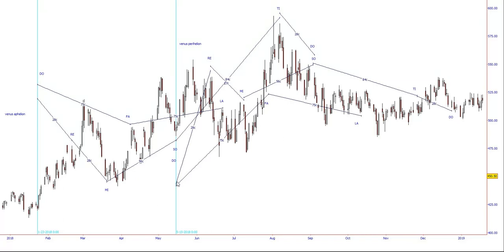But looking at the first one, the Re's a high, the Mi's a high. Going to the So note is a high. Going to the Ti note is kind of a little messy there. It actually is a little bit of a high, but it's right in that triangle congestion area, so it's not going to be the best trigger. And then the Do note is over here, just becomes a 1-day low, a new high, and then turns back down. So anyhow, that gives you an idea of how a Gann cycle would work